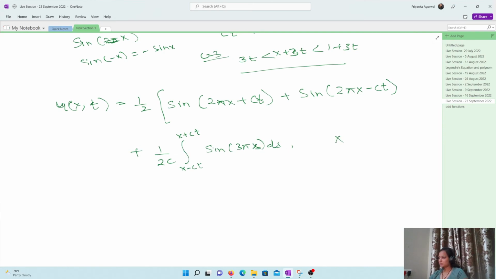So we have this for x greater than ct. Now c equals 3 everyone, right? So this can be written as